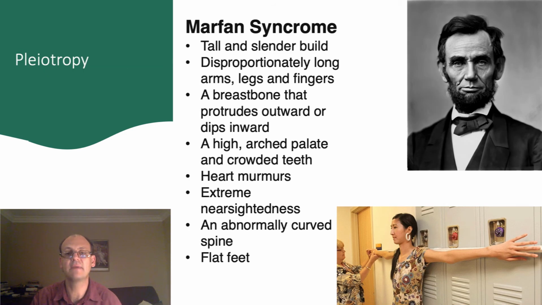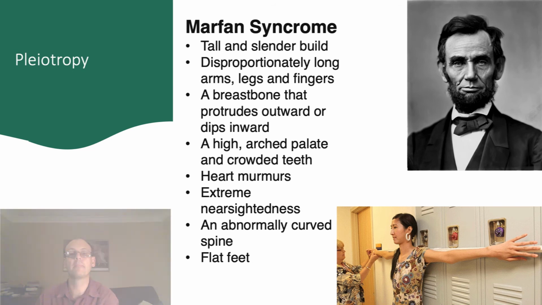Often, a gene has many effects on the body rather than just one. For example, Marfan syndrome is caused by a single allele, but results in phenotypic findings that affect many different parts of the body because many of those parts are affected by connective tissue that's the direct result of the allele that causes Marfan syndrome. Some people think that Abraham Lincoln had Marfan syndrome, though we don't know for sure. This effect of one gene on multiple aspects of our body, of our biology, is called pleiotropy.